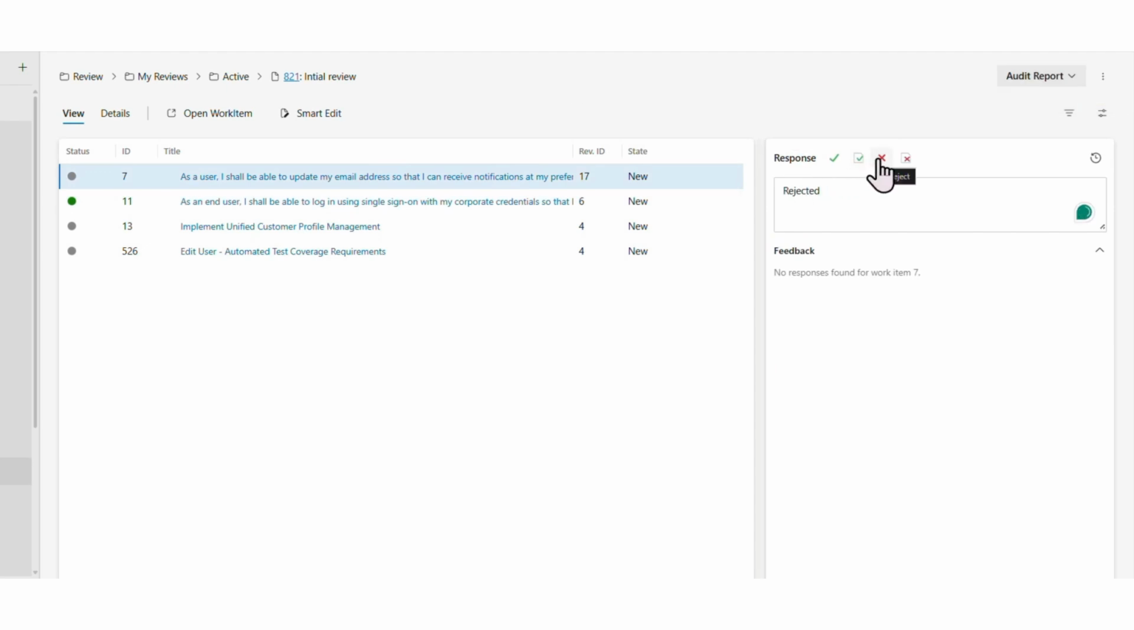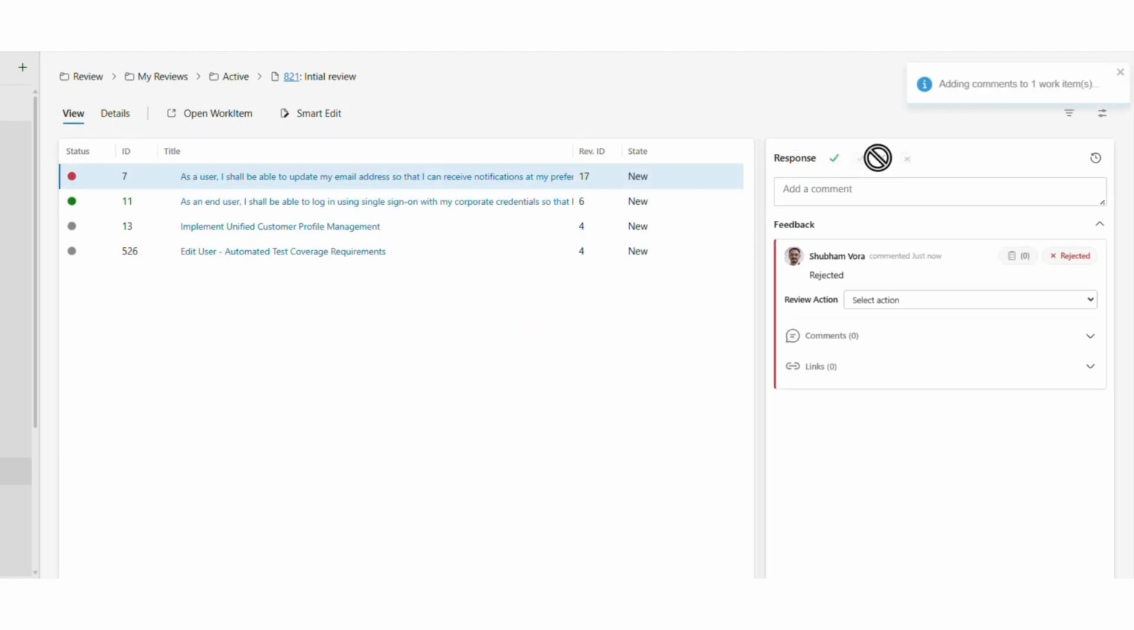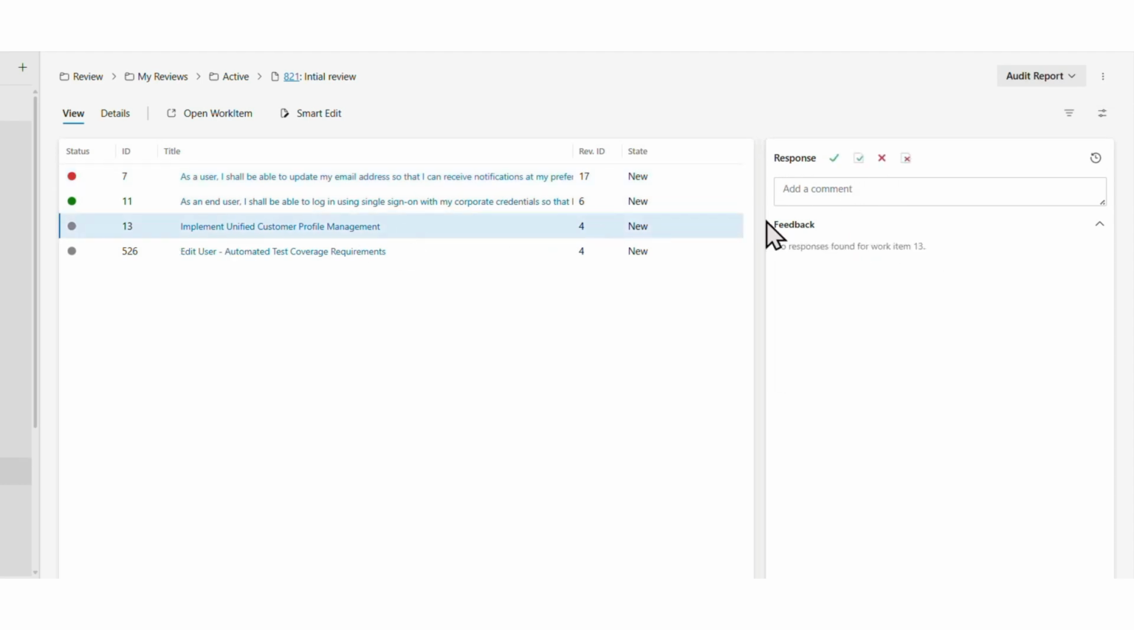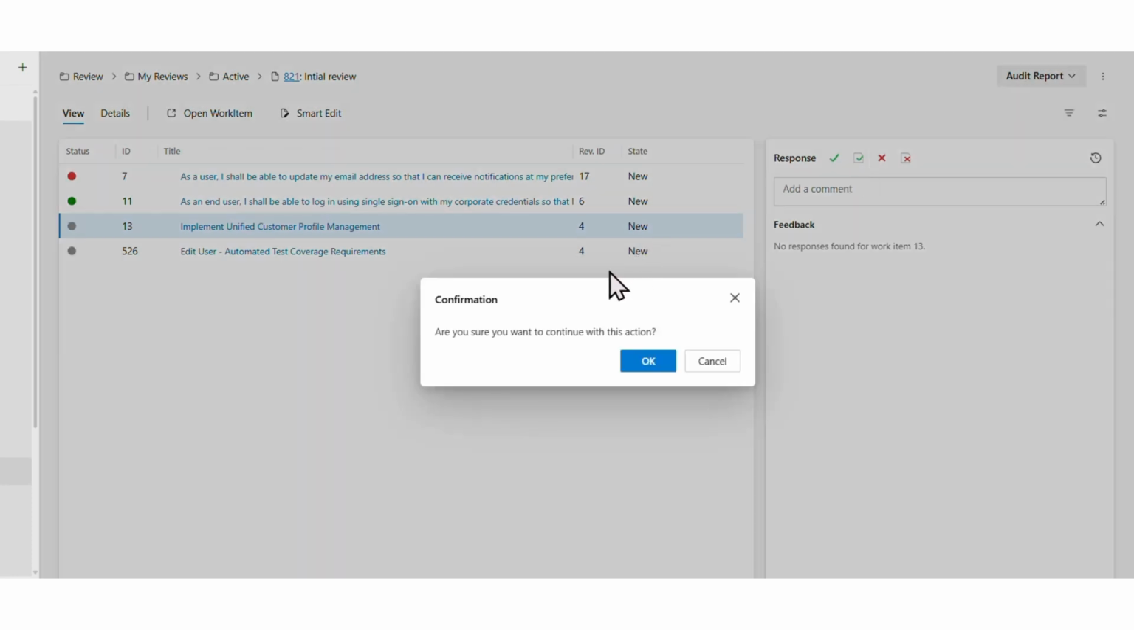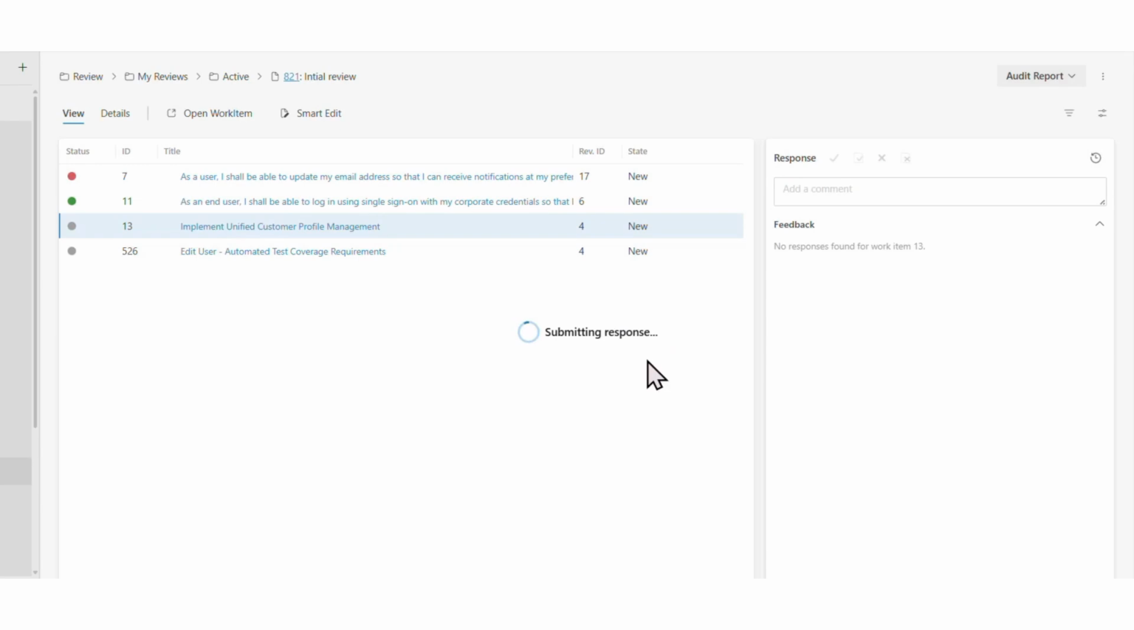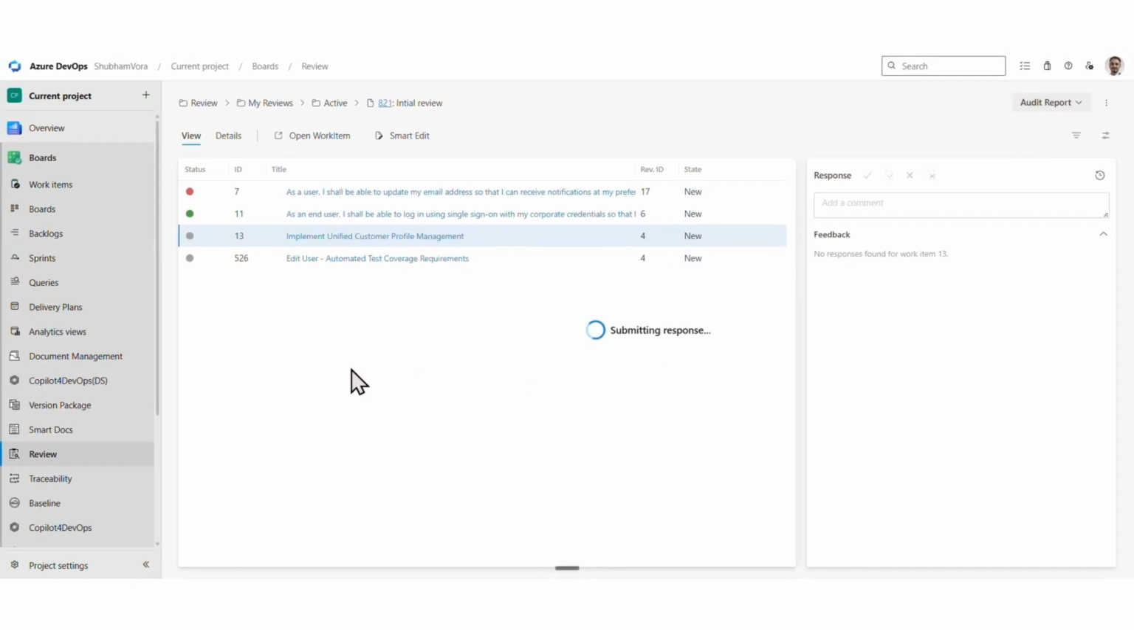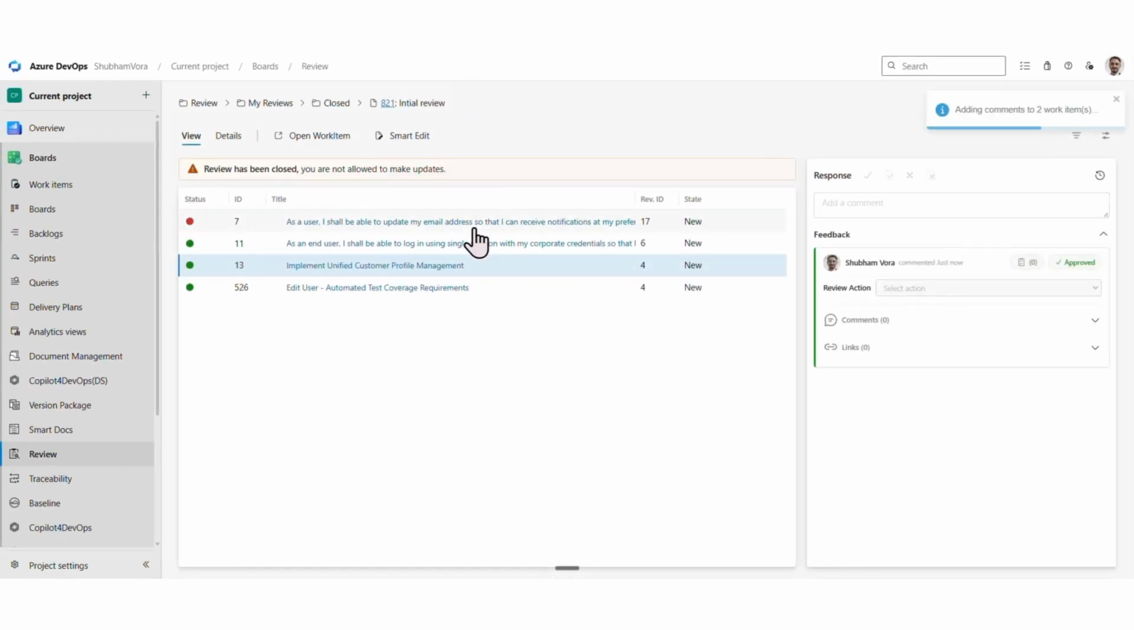If you click Reject without a comment, you will get an error. Comment is required for reject and submit review actions. Once your comment is added, click Reject to reject that specific item, or Reject All to reject every work item at once. As you approve or reject items, the status indicators in the grid update immediately, green for approved items,